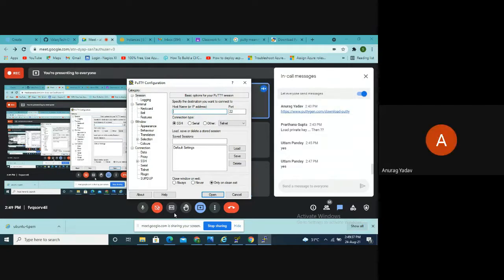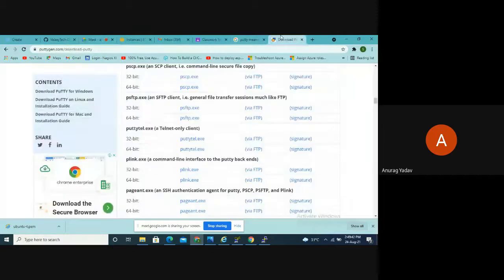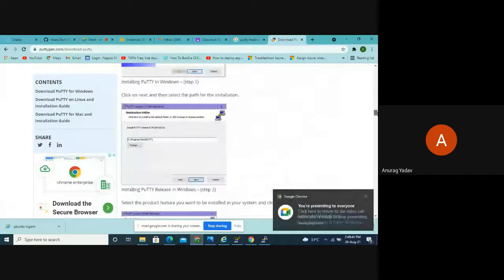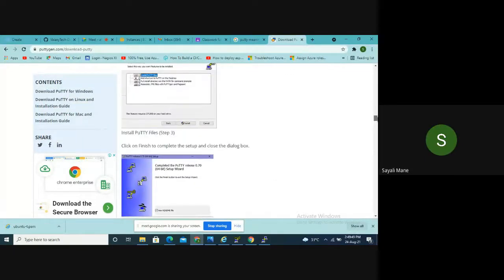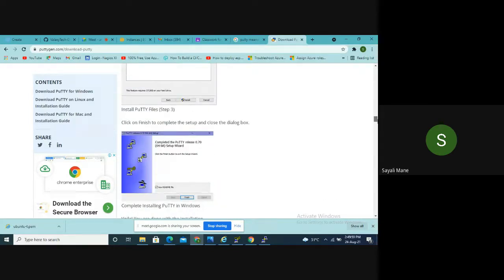Ma'am, we have to install the features they have shown on the website. Yes. And the third step after directory. Yes, on this. Yes, yes, we have to install it. You can refer to this site also. Actually, I have done it two weeks before. I did not know that in the unit test there are no lectures. I thought the unit test would come first and then lectures would be there. So I had already done it earlier. So forgot.